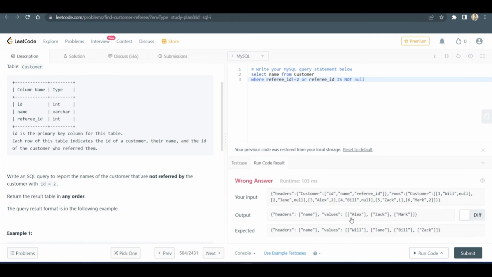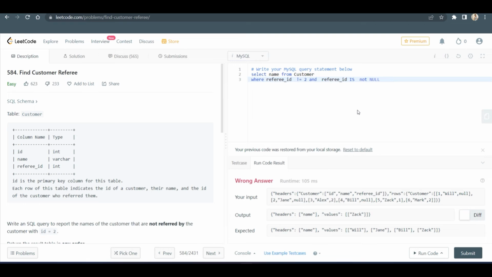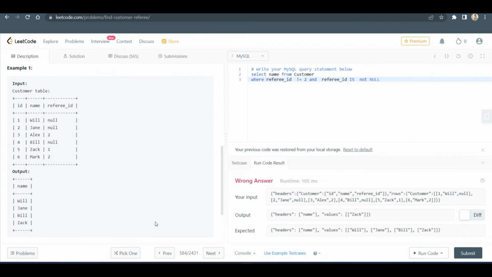So you can see our output is Alex, Zach and Mark, which is having referee ID is 2. Okay. We are getting the output wrong. And can you observe the expected and our output? So the value is Zach is here, which is having referee ID is 1. So yes, the answer of this first row is right according to the given condition, but not completely correct, because